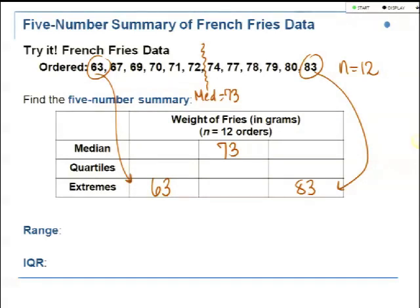So I'm finding Q1 and Q3. Not too bad here, right? You just take your data that's below and above that median position. I need these lower observations. There's 6 of them down there. So the middle falls right here, between the 69 and the 70. So Q1, the lower quartile, will be 69.5. And on the upper side, there's another 6 observations in that upper half. Finding the middle there would be Q3,